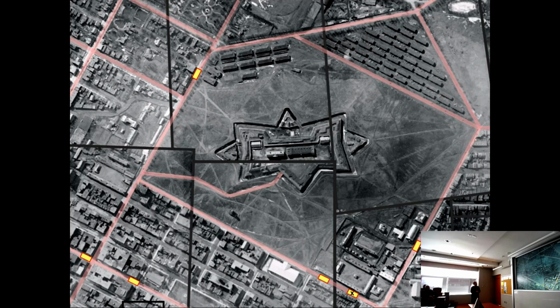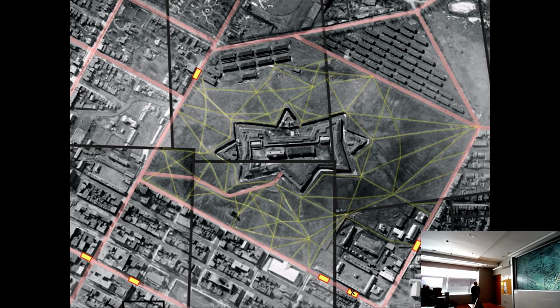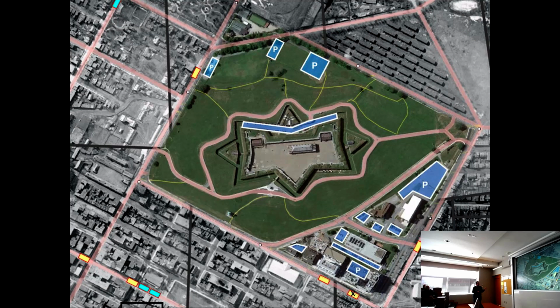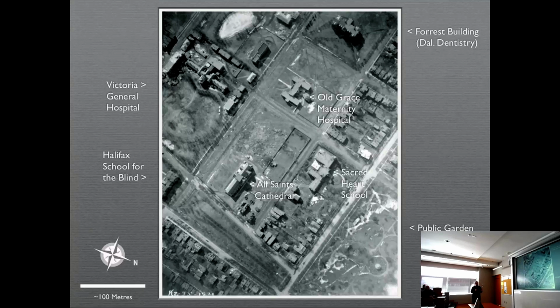Footpaths on Citadel Hill were another thing that impressed me, because many people were on foot as opposed to today. And the system of footpaths is actually quite a spider web that is ensnaring the Citadel. If you compare that to the situation today, there are only very few footpaths and lots of parking lots. In this neighborhood, very, very few parking spaces, although there would have been lots of them at the time.